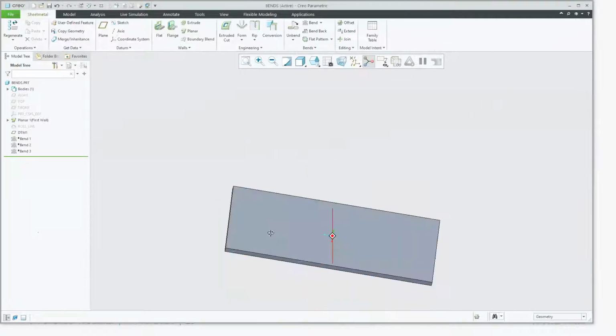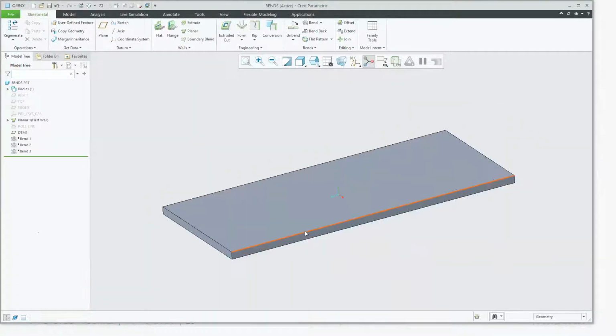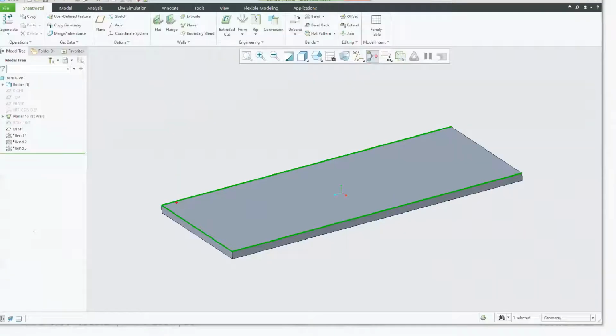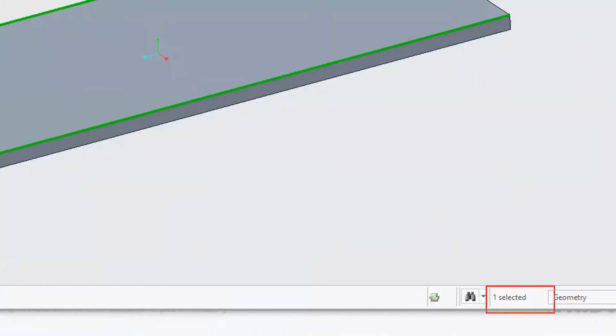Let me cancel out of that. Let me do it one more time. I select one edge, I hold down the shift key, and I get the surface loop right there. That's the key. I can always go one by one, right? This is a one by one chain, I'm just adding. How do I know it's not three entities, but one single chain? If I go to this one selected,